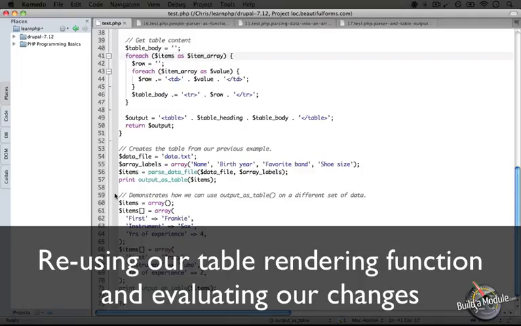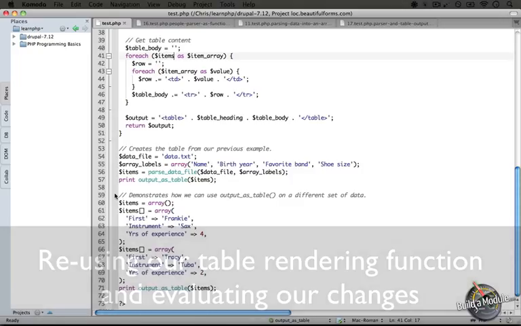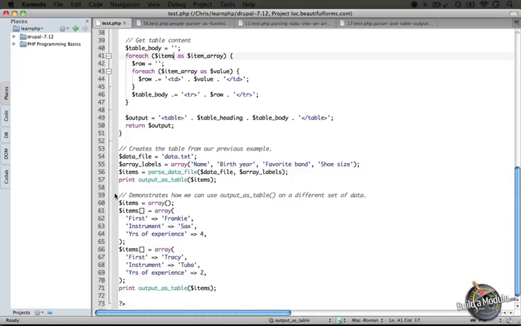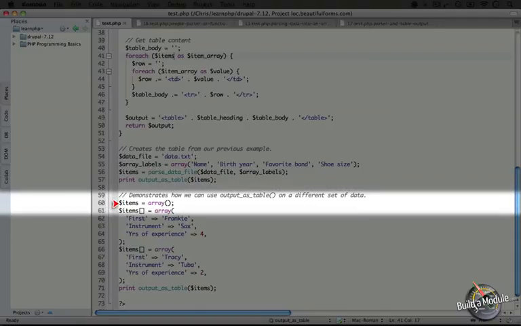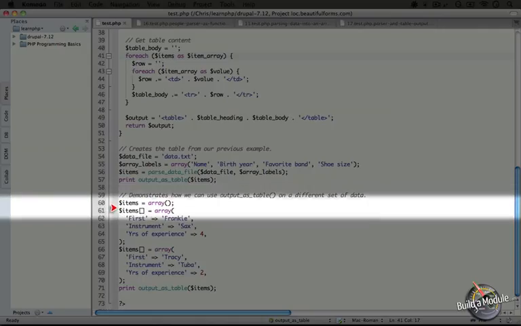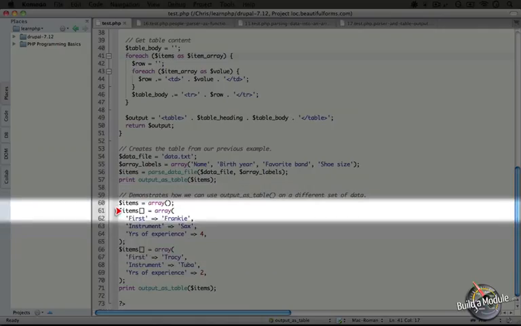In this second example, we're demonstrating how we can use the same functionality of the previous example, but to output completely different data. And also in this example, we're going to work with a raw array instead of pulling data from a text file first. So in this case, we're starting with an empty items array, and then we're adding 2 records to this items